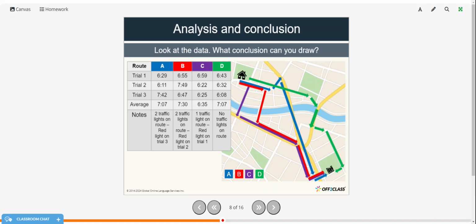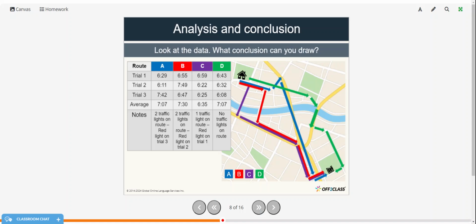And some notes, there are 2 traffic lights on the route, red light on trial 3. So this would kind of explain why trial 3 took longer, because they had to stop for the red light. Route B, 6 minutes and 55 seconds, 7 minutes 49 seconds, 6 minutes 47 seconds for an average of 7 minutes and 30 seconds. 2 traffic lights on the route, and they had to stop for a red light on